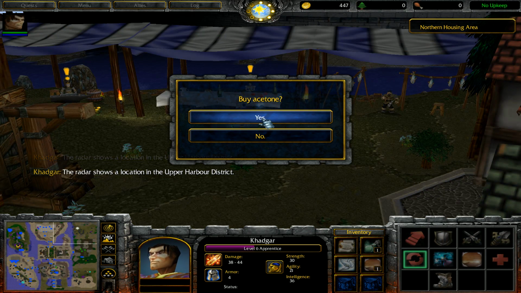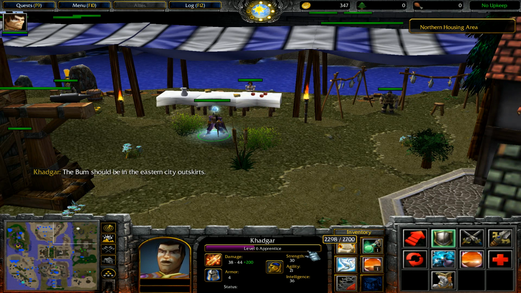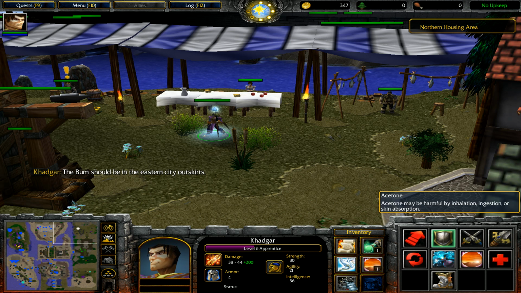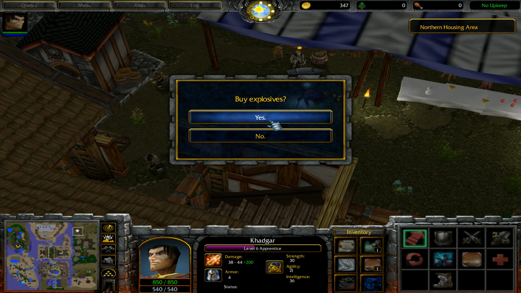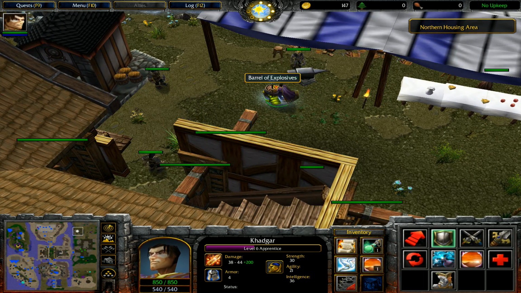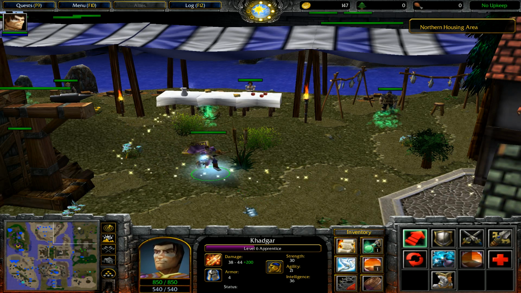Buy acetone. The bum should be in the eastern city outskirts. Acetone may be harmful by inhalation, indigestion, or skin absorption. Are we going to have to... That's going to be weird. I don't know why we would do that, but let's come on over here. Buy explosives. So we have the explosives. Can we just blow up the...